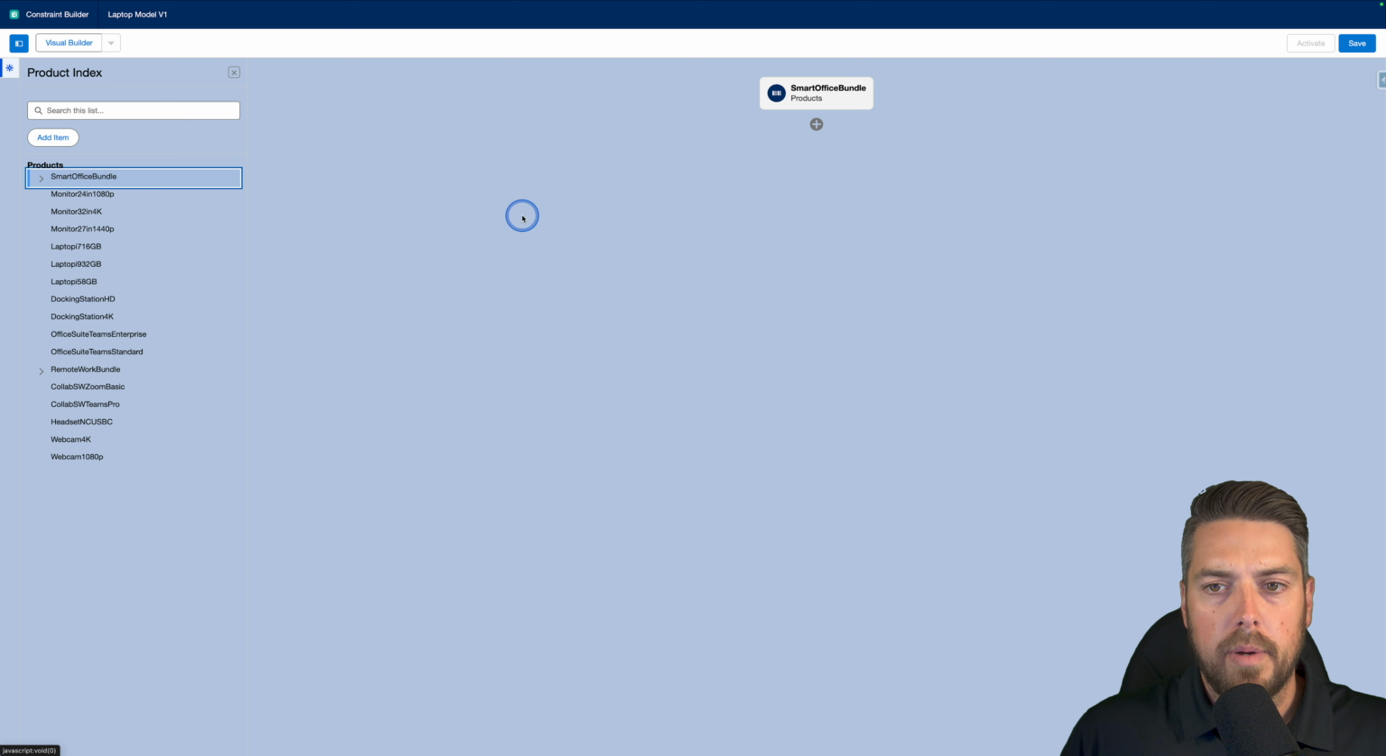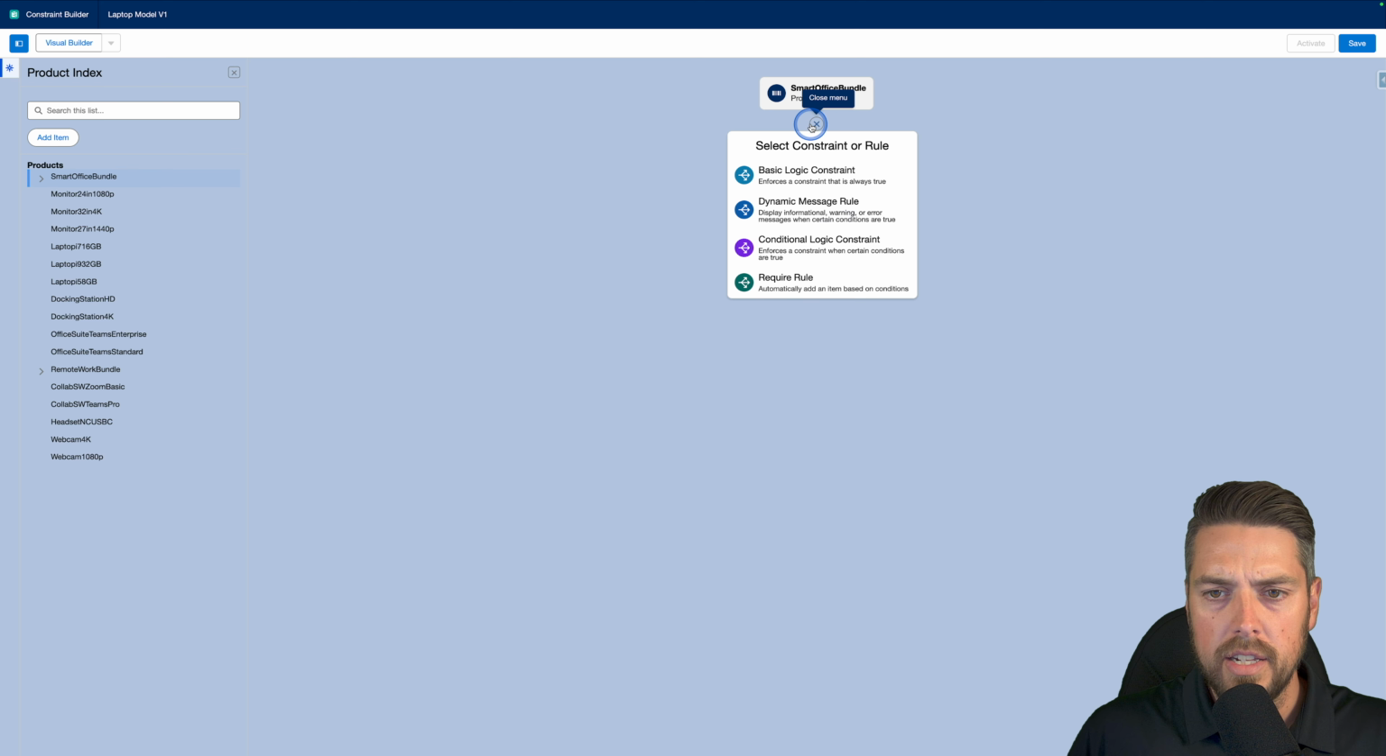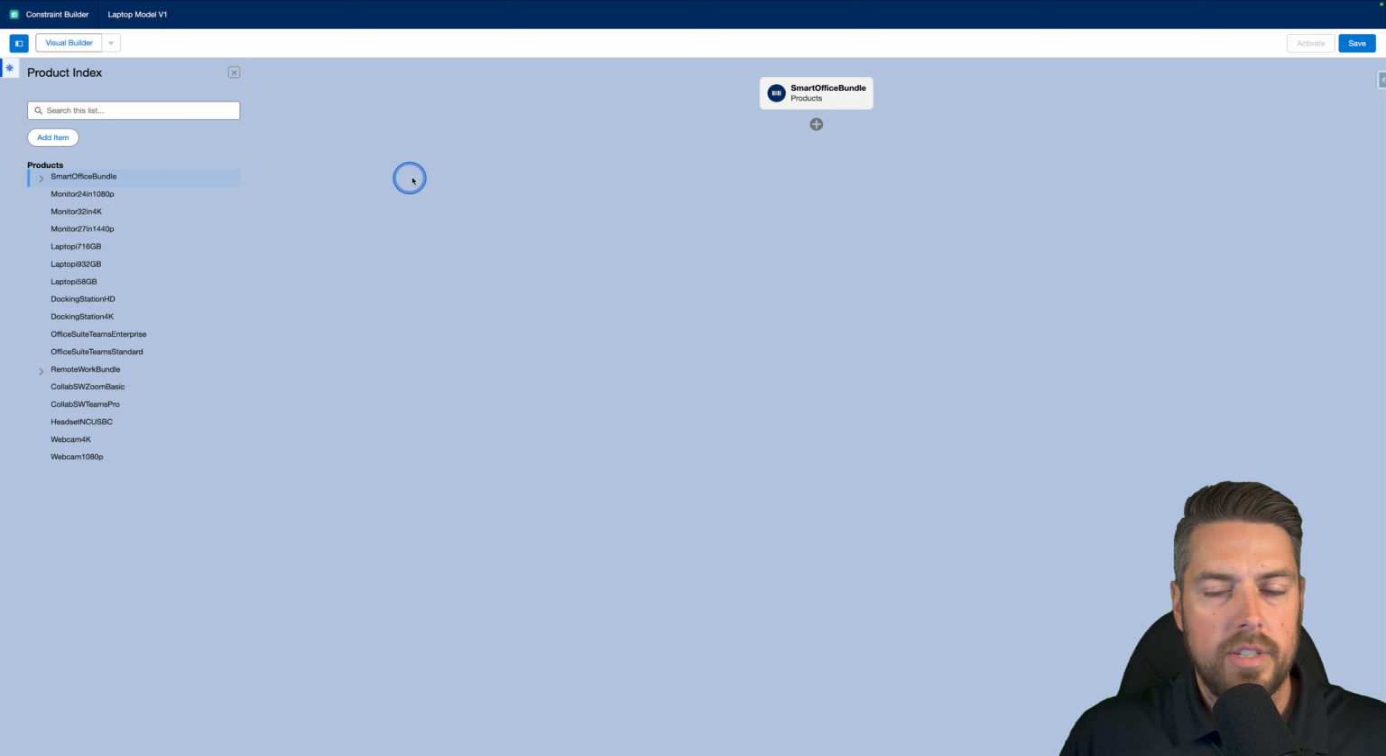Now, currently I'm in the visual builder. So if I click on one of my products, I'm going to see it pop up on the main part of the screen, on the canvas there. And I can hit the plus sign to start to create different rules, right? So I can create basic logic, dynamic messages, conditional logic constraints, or a require rule. Now, for our example, we are going to switch over to the CML editor,